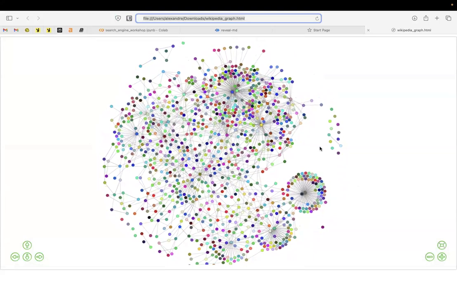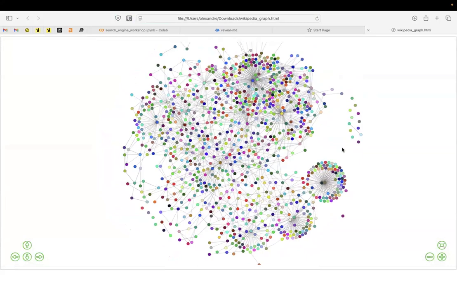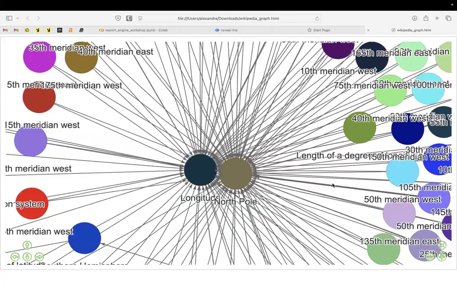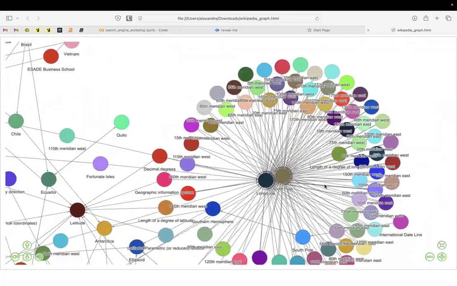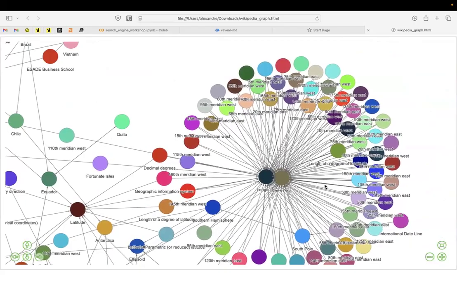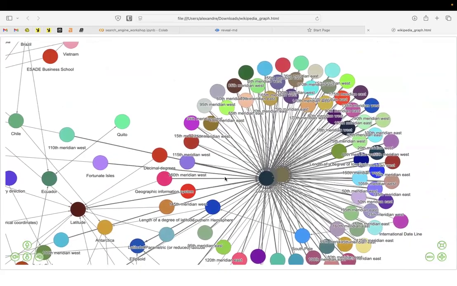The nice thing is we can see some interesting things. First, there are some clusters that seem to be centered around one page. So for example, here. Now we found the North Pole apparently. So I think this is, can we see? Okay. Yeah, it's a bit buggy, but